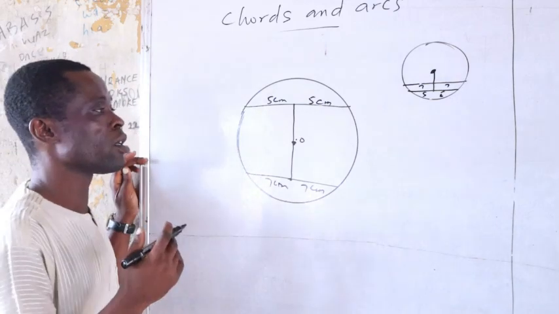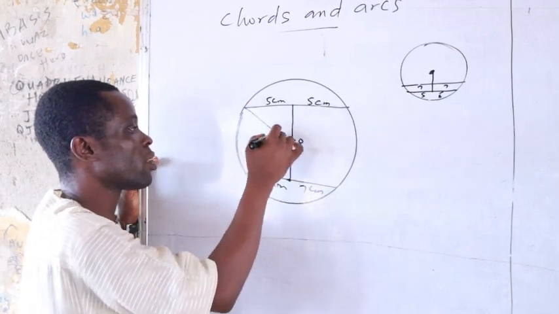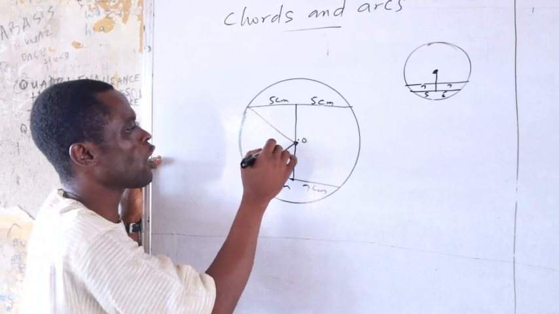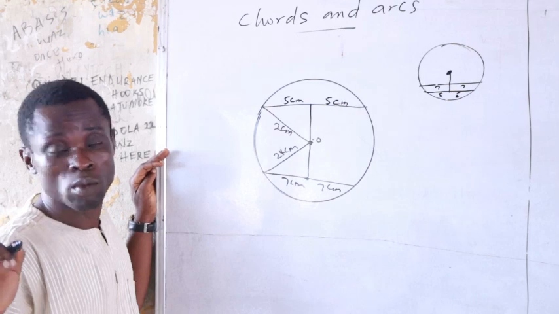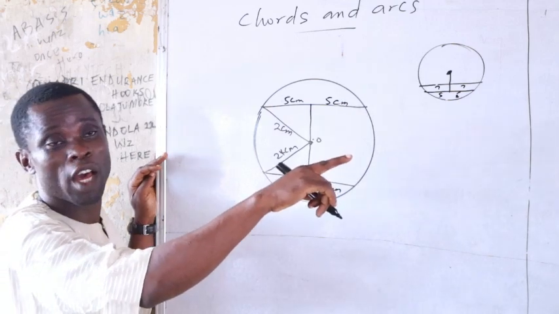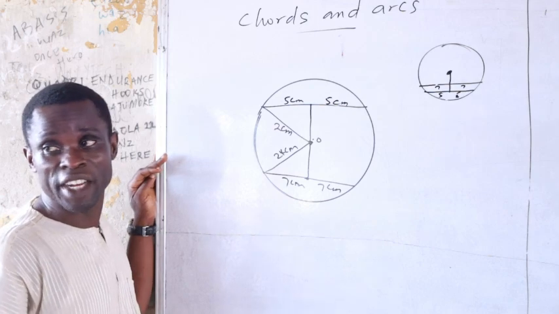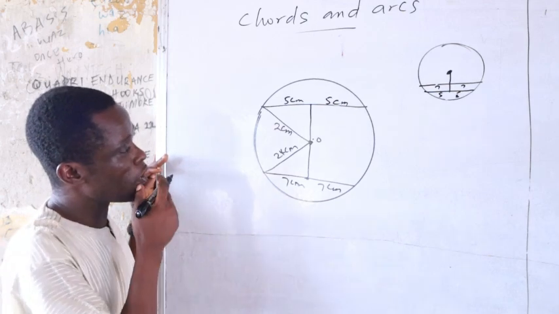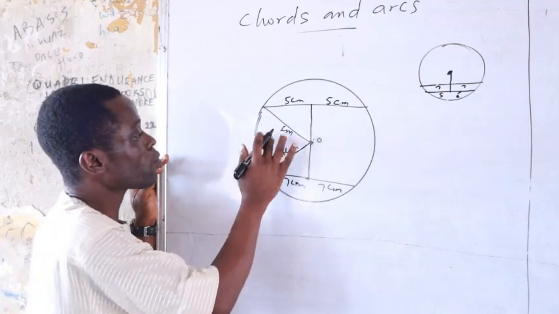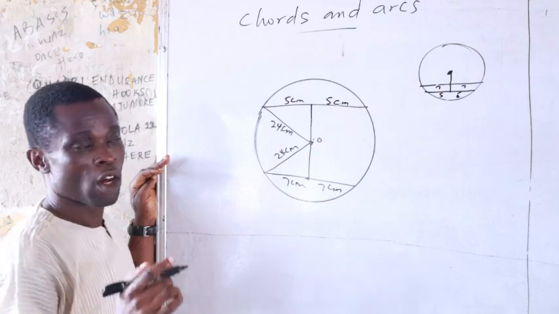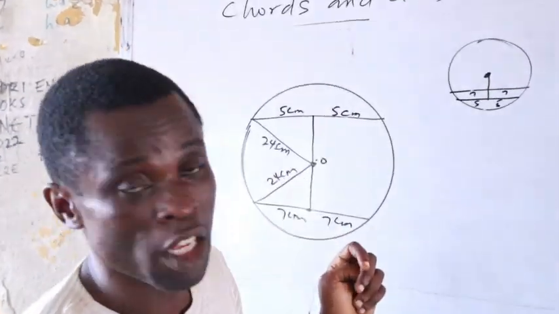Okay, so with this, do we have the radius in the question? What is the radius? 24 centimeter. And we are going to have the same radius because we have just one circle, unlike the first one, where we have 2 intersecting circles. That's why we have 2 different radii there. Okay, so with this, we are trying to find the distance. Unlike the first one, where we were looking for the distance between the centers,